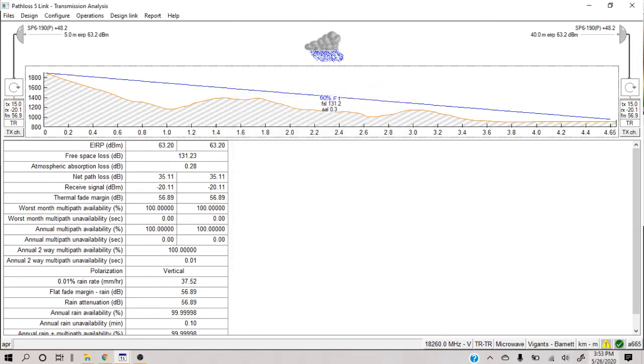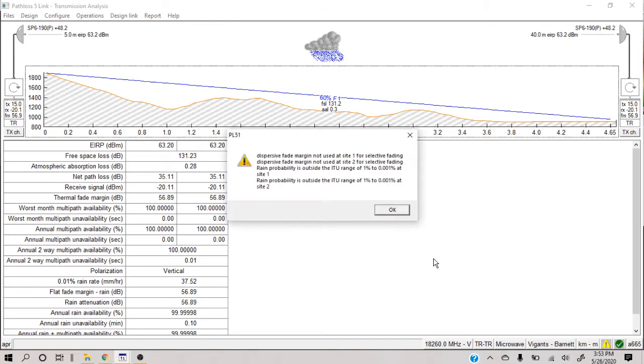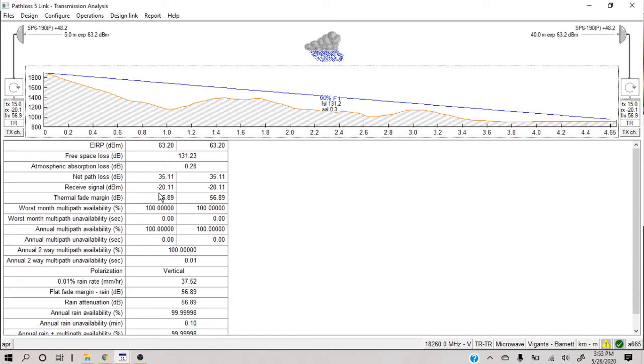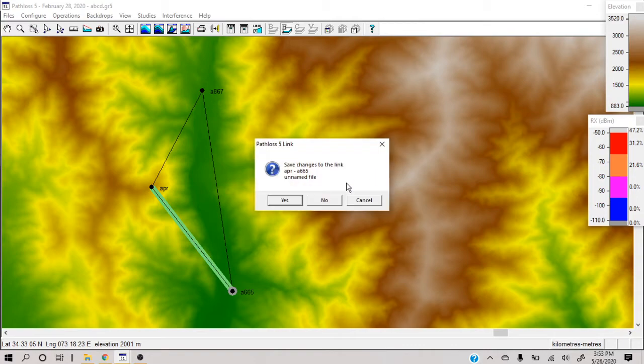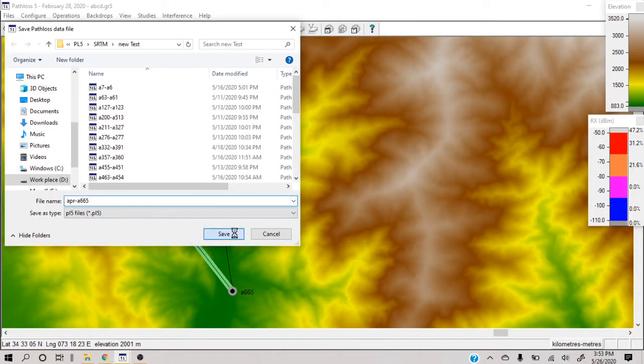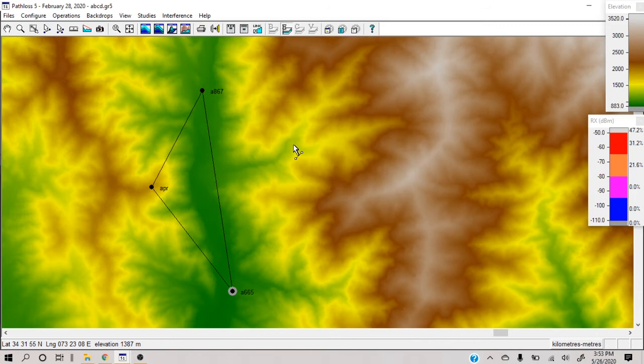Here again you can see that right now it's not very high, it's minus 20. Minus 18 was very high for it, but minus 20 is okay. So now we have planned both the links. I have this link planned, I have this link planned. This link is impossible because there is something in between.